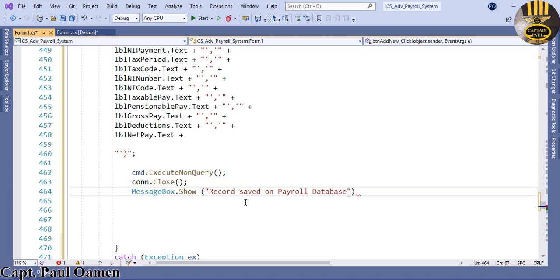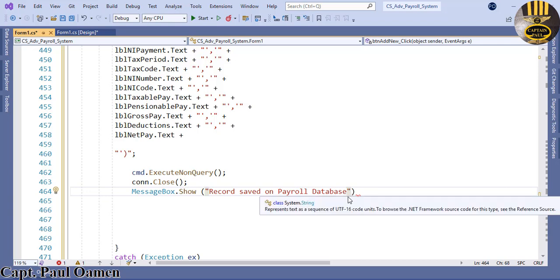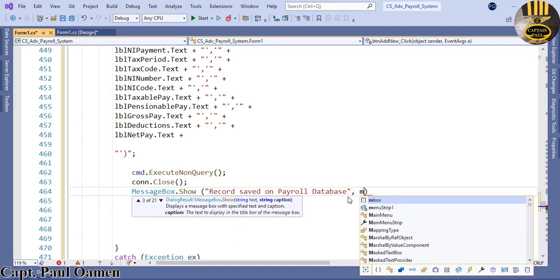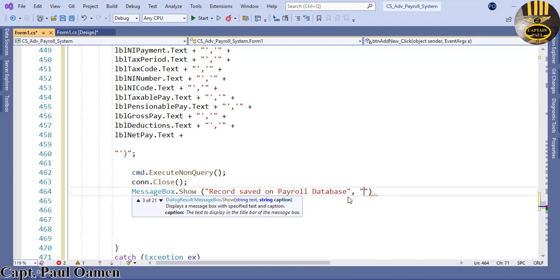There we go. And we can just enter one or two arguments. Let's enter the name of the system there. I'm going to call that dialog save or whatever, dialog results, dialog system,